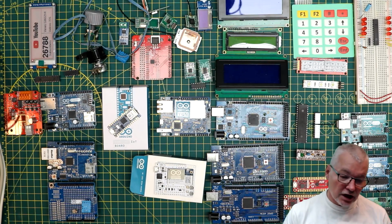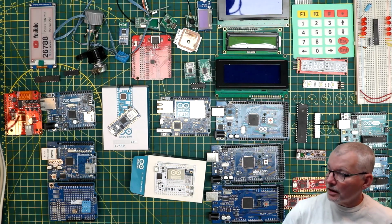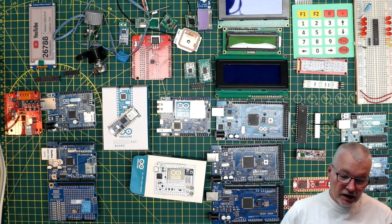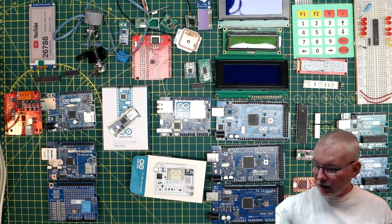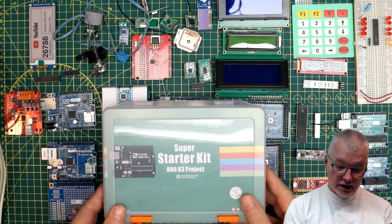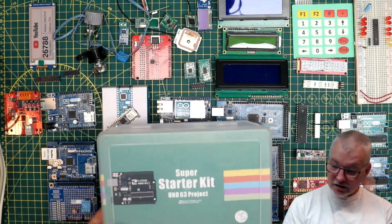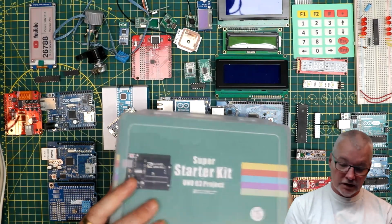Now, this is just an introduction to what kind of things you can get. I'm going to close this off by showing you a couple of kits that were kindly sent to me from Elegoo, which would be a good way to get started if you don't have anything and you want to get into it. This first one is called the Super Starter Kit Uno R3 project. It's using an Arduino Uno R3, and if I just open this up,